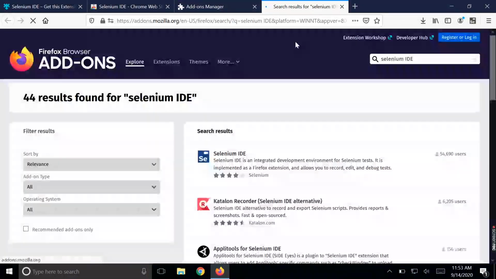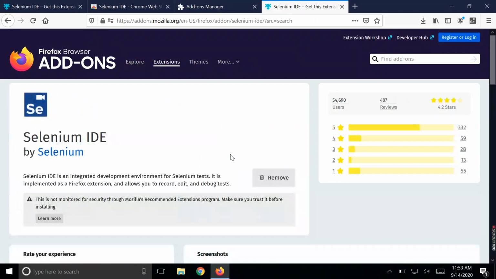Then you can see Selenium IDE written with SC. You click on it, then it will add, as I already added it into the browser.